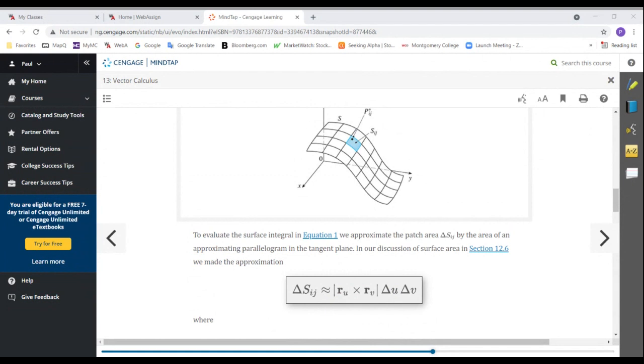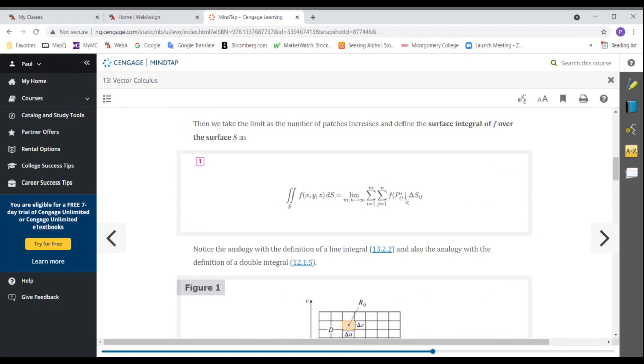scale it by multiplying by delta u and delta v, so we can decrease the size of the patches and then the approximating parallelograms, so we can get a very good approximation. So you saw this back in section 12.6. And so what we're going to do is replace the delta S up in this formula here with that approximation. So if we do that,